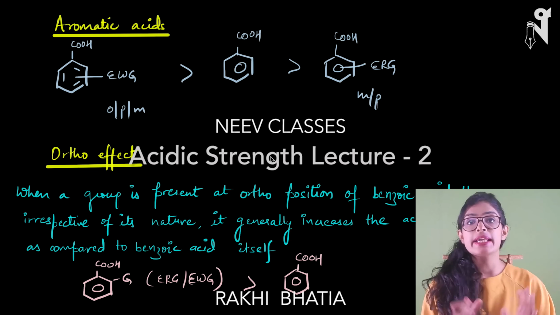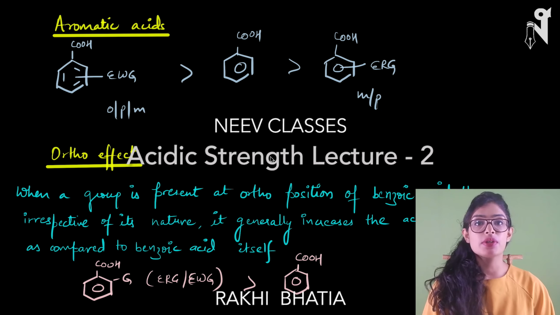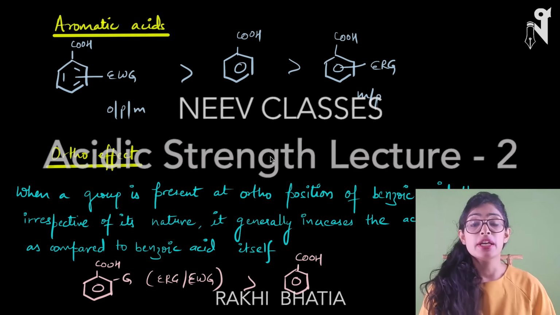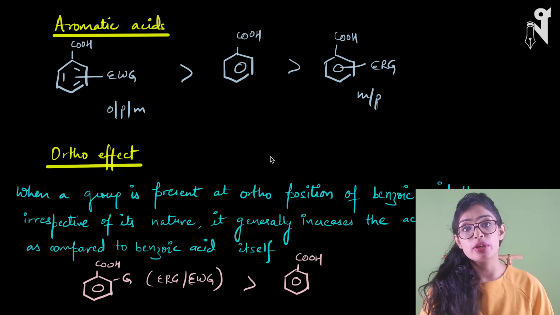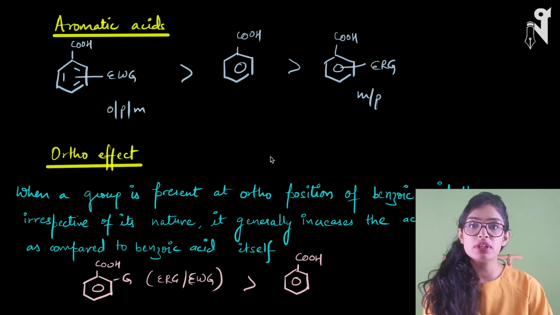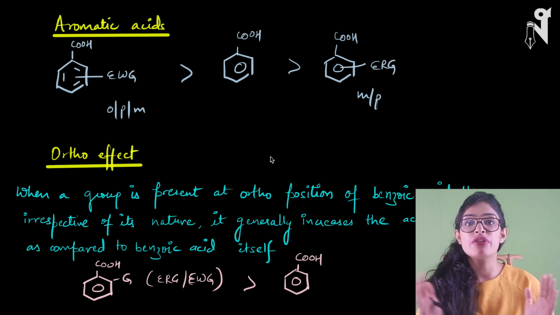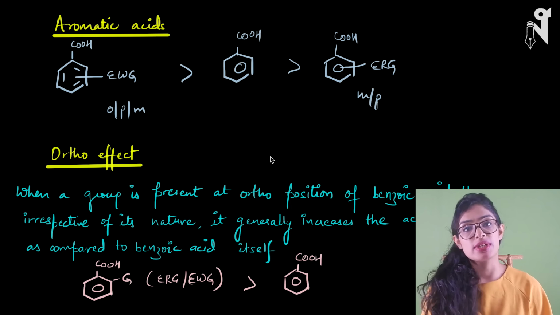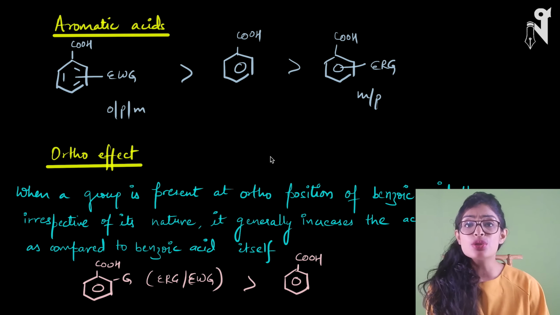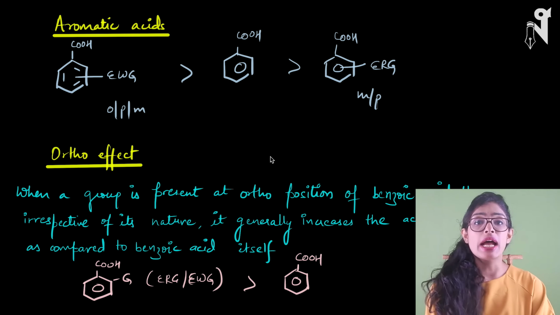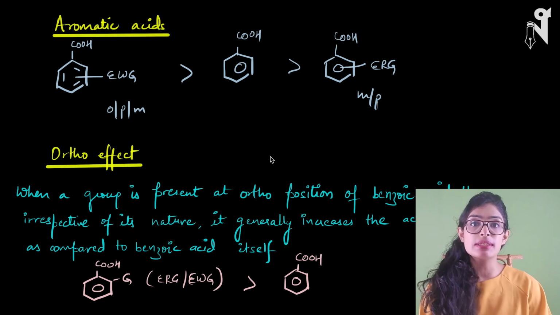Hello guys, so this is the second lecture of acidic strength and we were discussing how to identify the acidic strength of molecules by using all the electronic effects we have learned till date, and how to implement them, how to figure out which molecule is more acidic and which one is less. So I had shown you many examples in the last class and today we'll be talking about a few important concepts